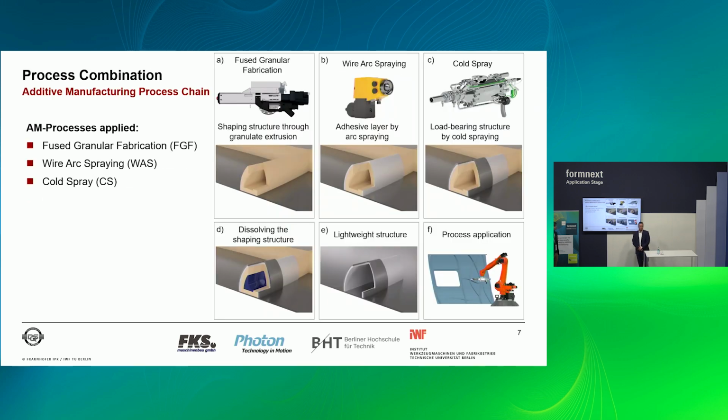So how did we do it? We used a process combination of 3 different types of additive manufacturing processes, which are all robot-based, because we try to combine them in one process chain to build those large-scale parts, using a fused granular fabrication process to build up the thermoplastic 3D geometry of a hollow structure to give us the lightweight shape of the geometry that we aim for,